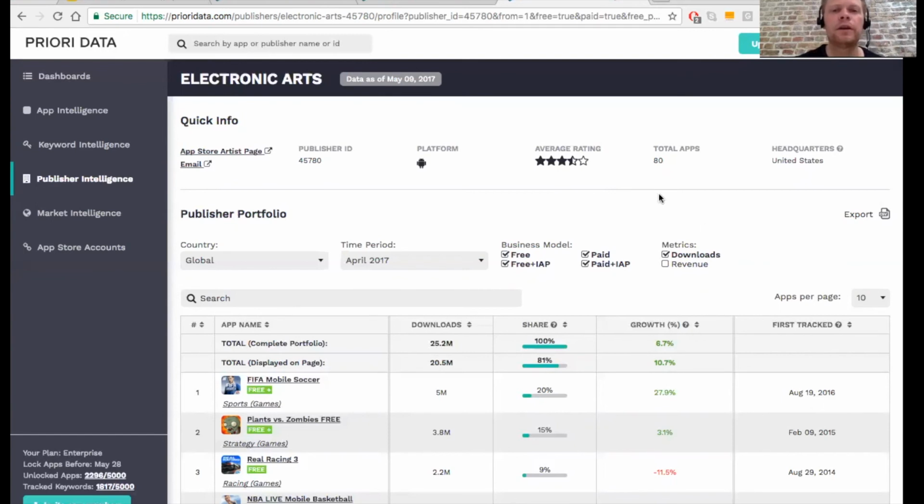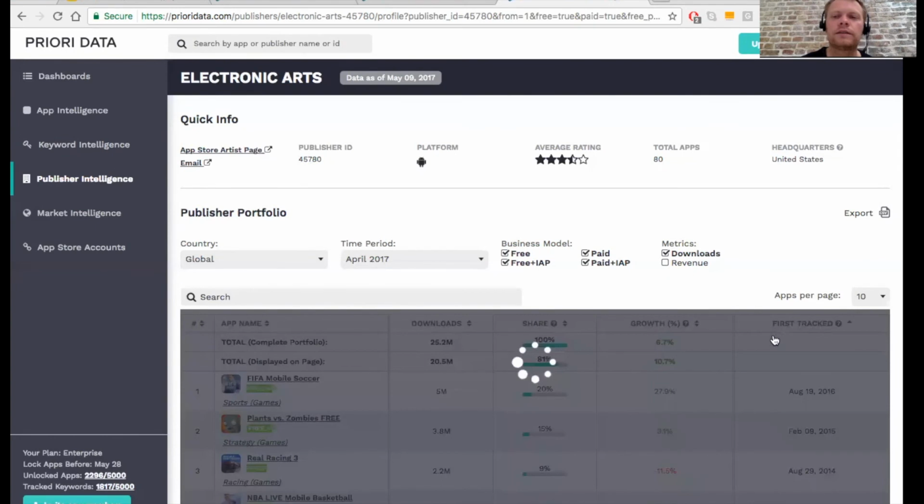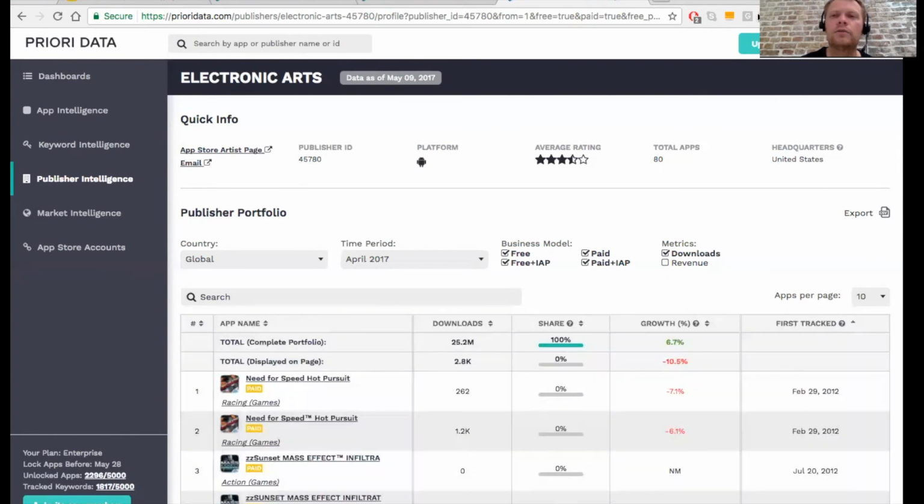And for Ido, yes, you can. The way you would do that is, you can sort on first track here, and then there's an export for exporting the information if you want to. Just for you, in the interest of showing you some additional information around publishers,